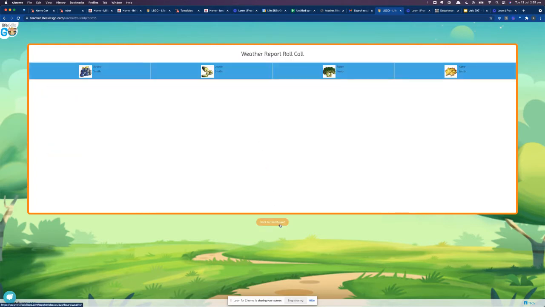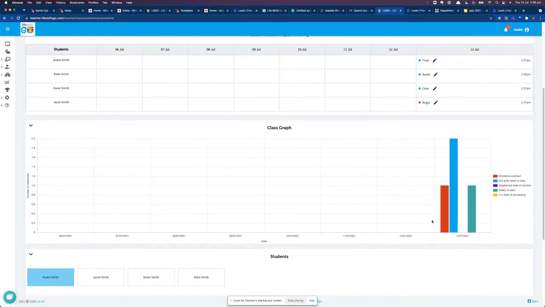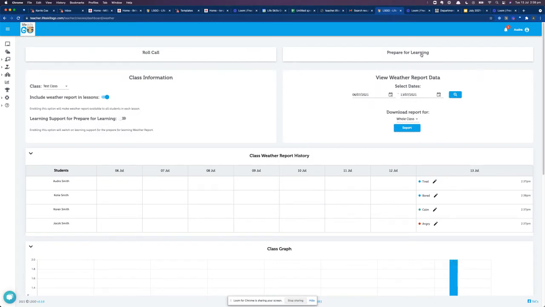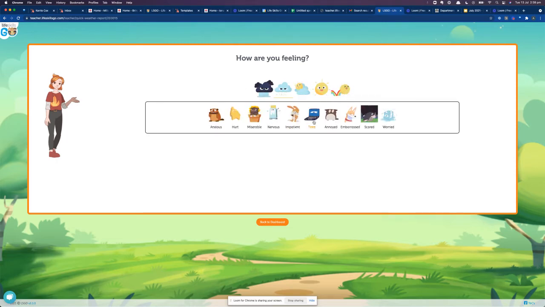If you go back to the dashboard, you can see across your students how they're feeling if you scroll down. And if you have a number of students in emotional overload or not ready to learn, you can come back up here and use a quick weather report tool to prepare your students for learning. So if it's a Monday morning, perhaps, and a number of them are feeling tired